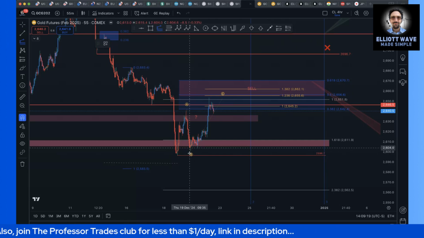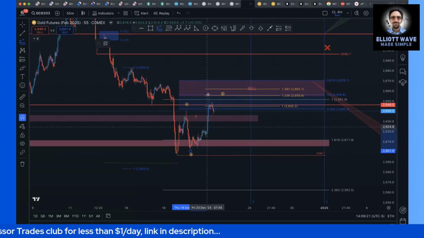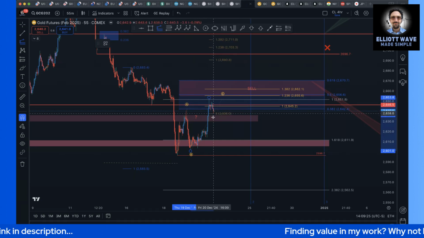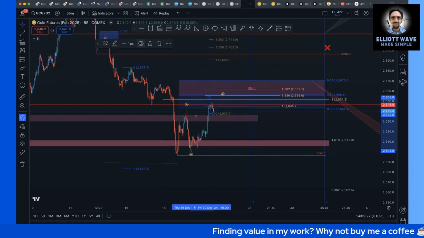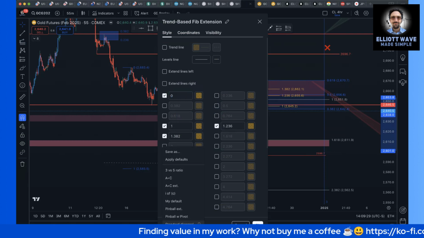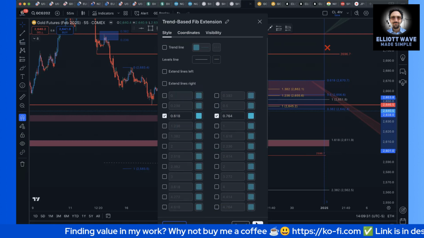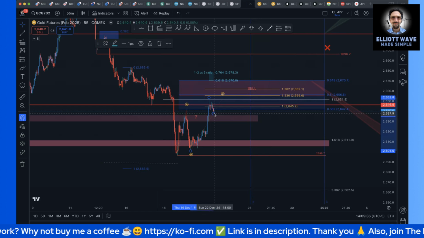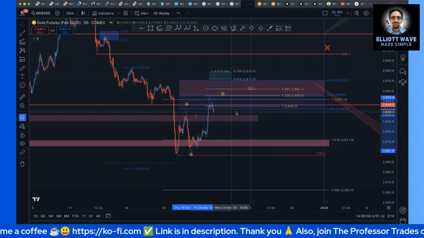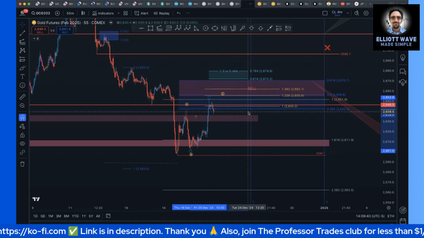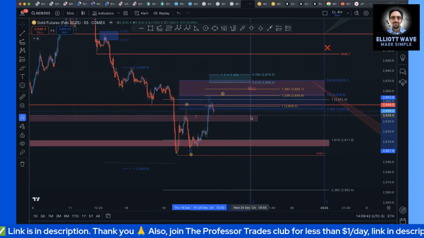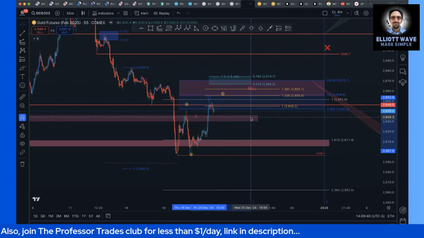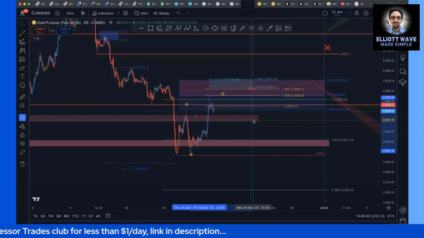If this C wave is going to be composed of 5 waves, I'm just going to go right to a ratio and see, if this is all a wave 4, what would I need in terms of ratio to see where that 5th wave of C might top. Now look, this is just pure speculation here, okay? Pure speculation, but the idea would be if this is going to come back down a little bit more in a wave 4,